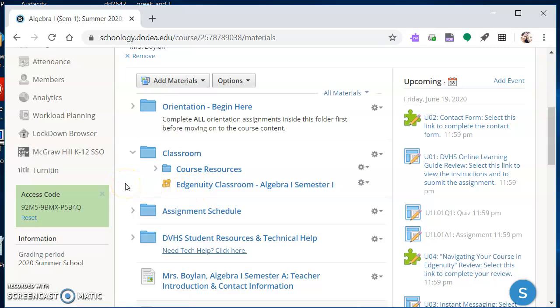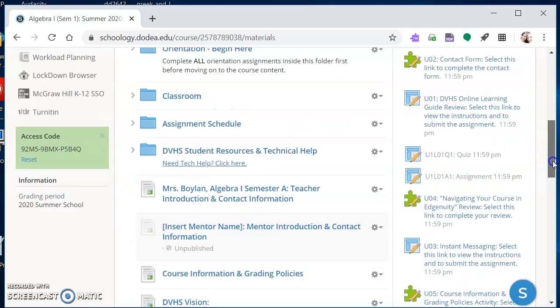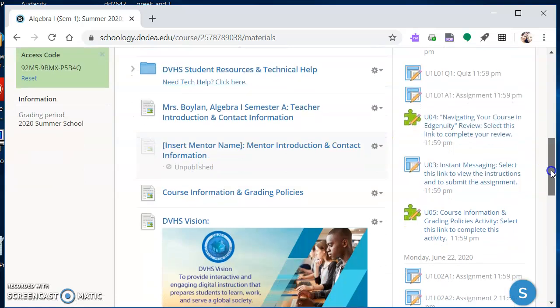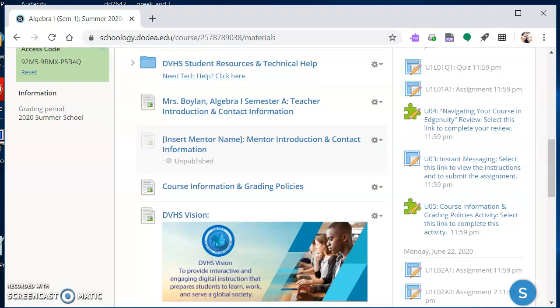The next folder we're going to take a look at is the assignment schedule. You already know that. I introduced you to that one already. Then we have the DVHS Student Resources and Technical Help folder. There's a lot of really important information in there, really good resources for you. So when you have a moment, check out the resources listed. Also, if you have any tech issues,